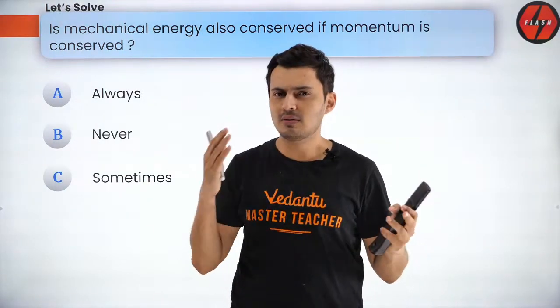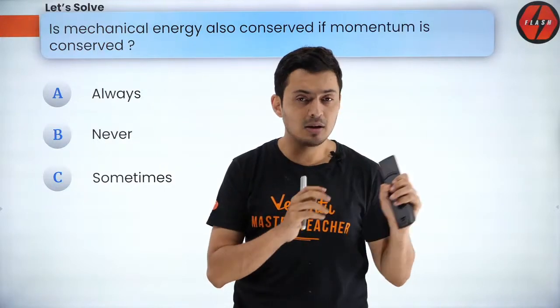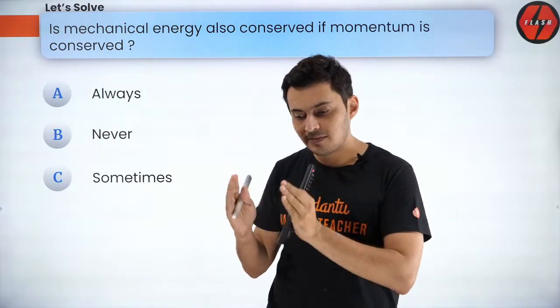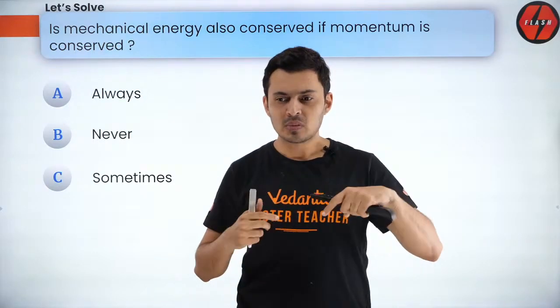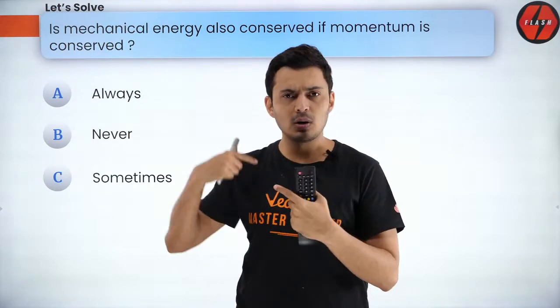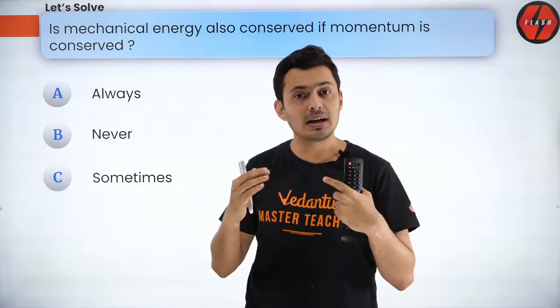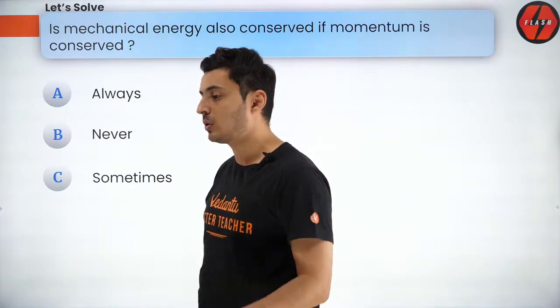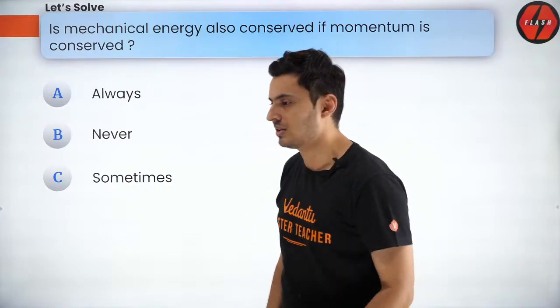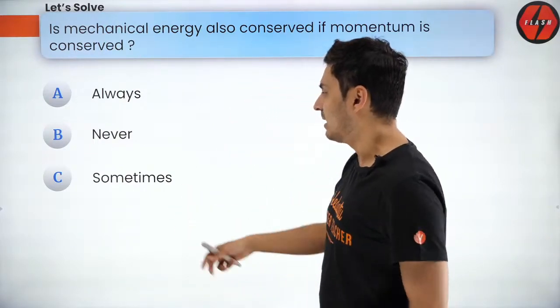Remember, Monday, Tuesday, Wednesday is generally reserved for 11th portions, and Thursday, Friday, Saturday is generally reserved for the 12th standard portion. So today is Wednesday, so it's going to roll over to the next week, and we are going to continue with this chapter next week as well. So remember that. And yes, a lot of you know that is called an elastic collision. Absolutely right. So sometimes is the answer.